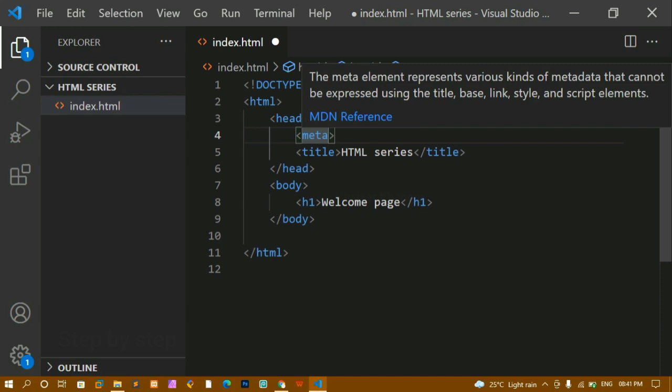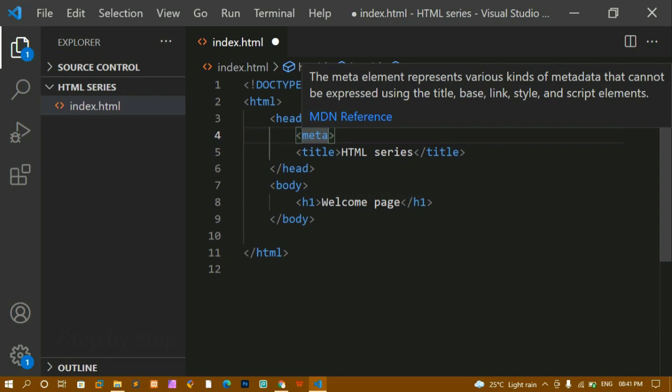Now this meta tag is going to hold the information about the data. If we are creating a website, then we want the title of the website, and the description of the website. Whenever we are searching in Google, our website should get ranked. For that we have a separate concept like SEO, search engine optimization. These meta tags are also very important, but when you are creating a website, this meta tag data will not be displayed to the user.